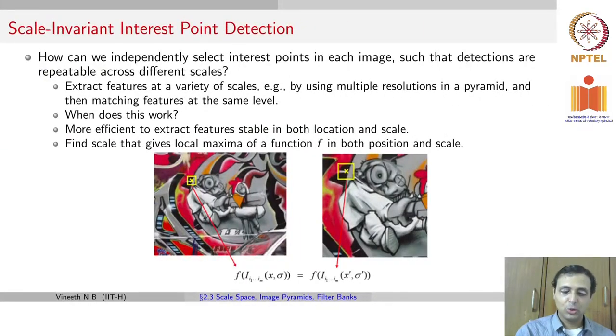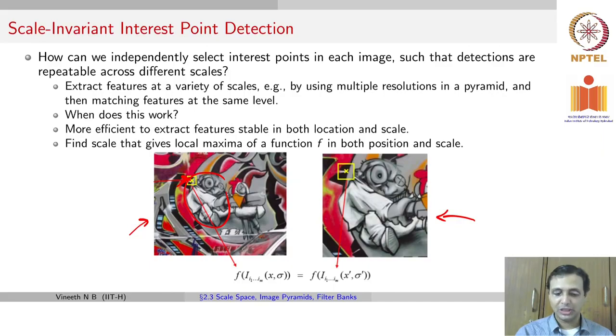So if you have two images, notice again that we have two images now, which definitely differ in scale. In one of them, this inside artifact, these are paintings, is quite small, and then we are zooming into that artifact on the right image. We now ideally want to find a corner, which is indicated by the yellow cross there. We want to find the same corner in both these images, irrespective of the scale differences. How do we go ahead and do that?